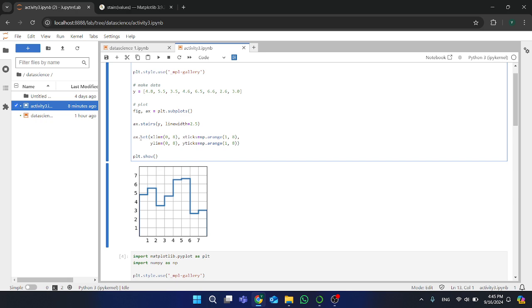And ax.set, the first is xlim 0, 8. It means the x-axis, how many boxes, and xticks is np.arange 1 to 8. It's the number ticks on the x-axis: 1, 2, 3, 4, 5, 6, 7, and the y-axis 0 to 8